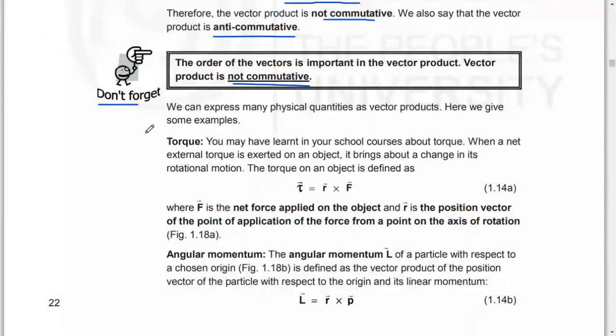We can express many physical quantities as vector products. Here we give some examples. Torque. You may have learned in your school courses about torque. When a net external torque is exerted on an object, it brings about a change in its rotational motion. The torque on an object is defined as